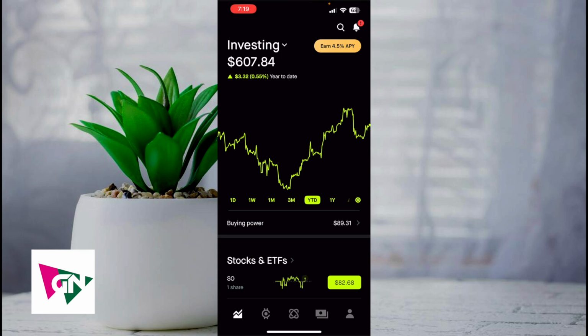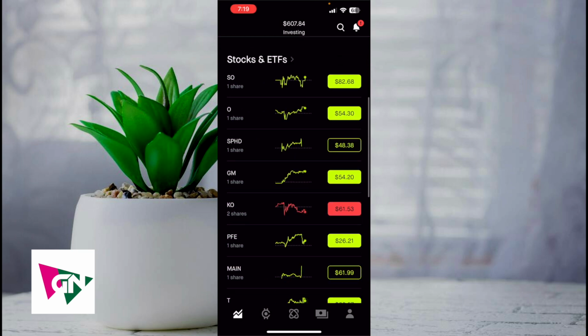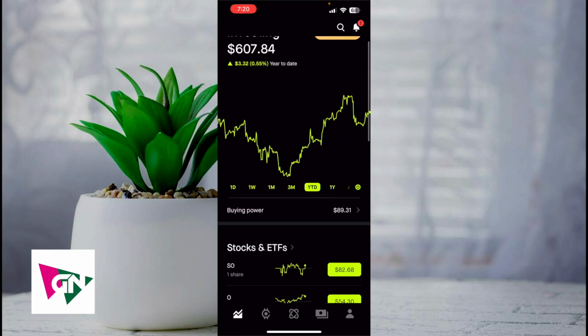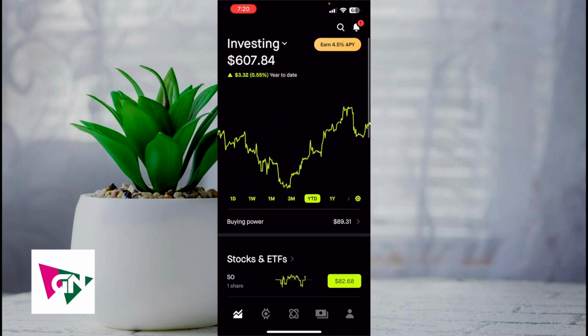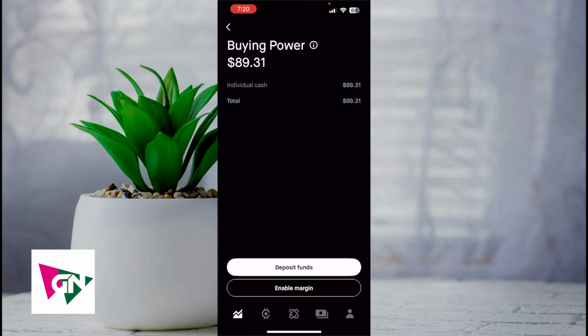So with that, once you're logged into Robinhood, the way it'll actually work is that if you scroll all the way down, first you need to have buying power. Buying power is basically your cash that you can use to buy options, cryptocurrencies, or stocks. By clicking on the buying power, you'll be able to deposit funds. So first deposit funds in order to have some buying power, and then let's move into